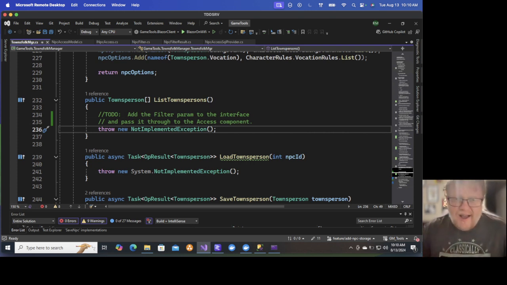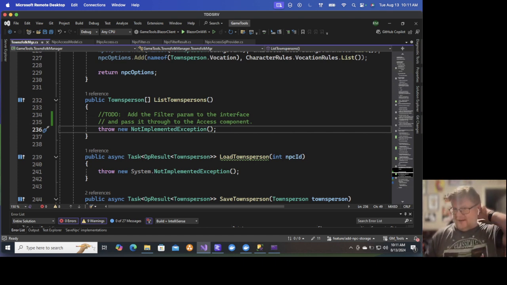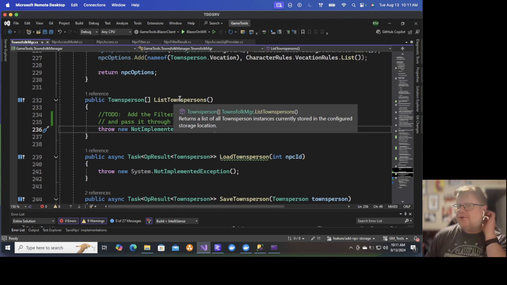So I added a column to the NPCs table to store our character's name along with their species and profession. So that'll help on the display. I altered the way the townsperson object is being converted into a NPC storage thingy, and now I'm working on bringing things back. So what I need to do here, because I do want to filter these things,